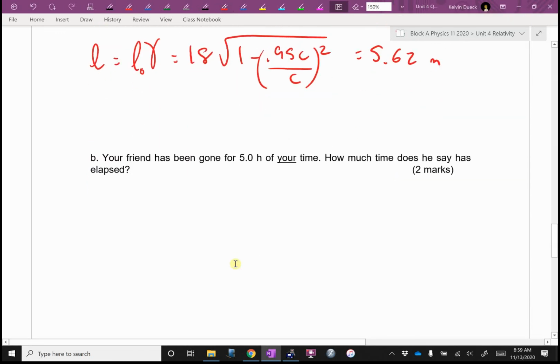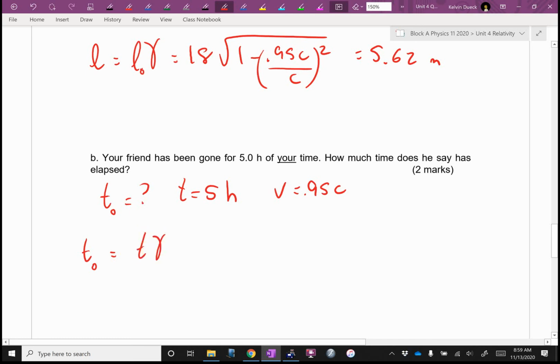Your friend has been gone for 5 hours of your time. Is my friend on board the spaceship or back home? So how much time does he say has elapsed? We want to calculate the time on board. Time back home was 5 hours. The speed was still 0.95 C. So T0 is going to be